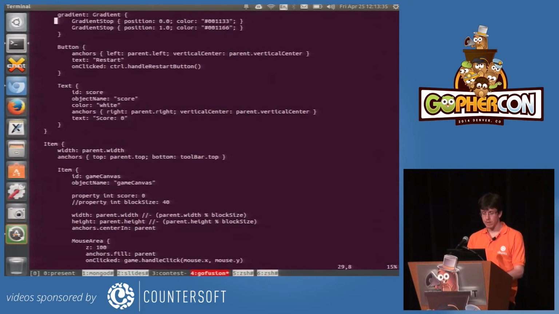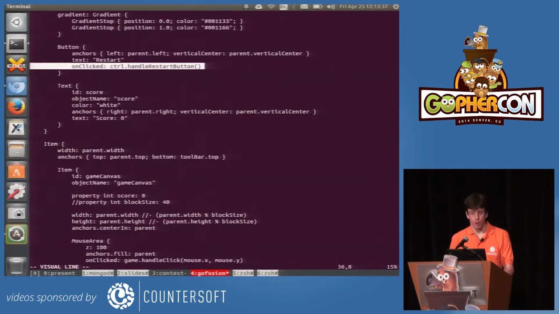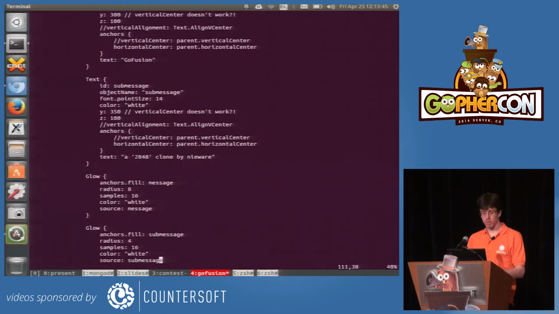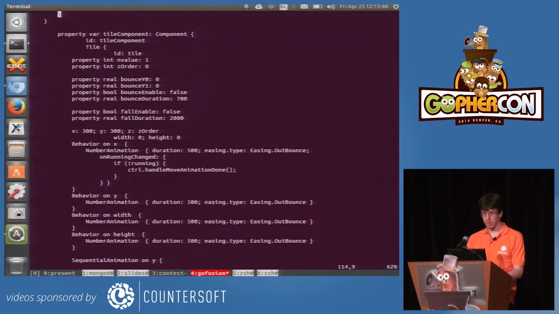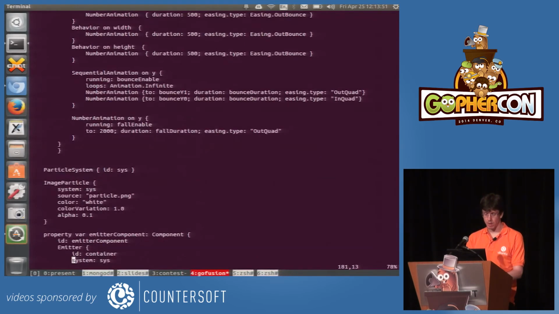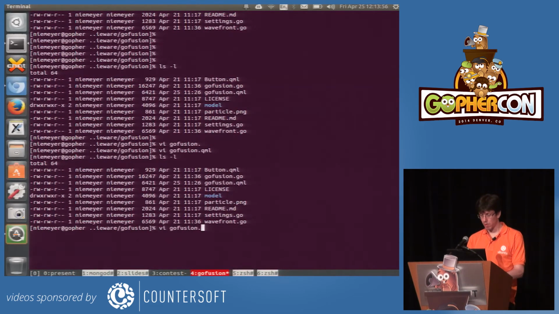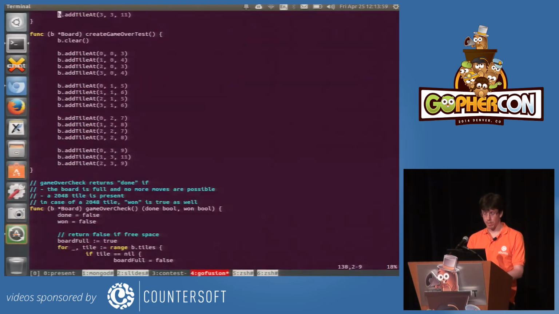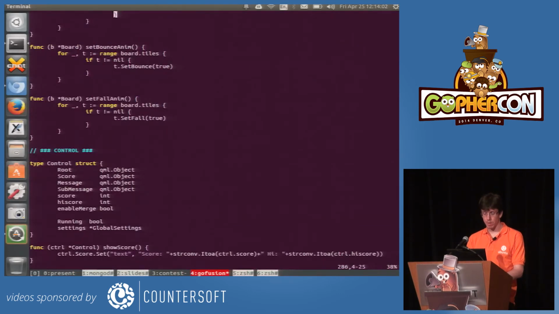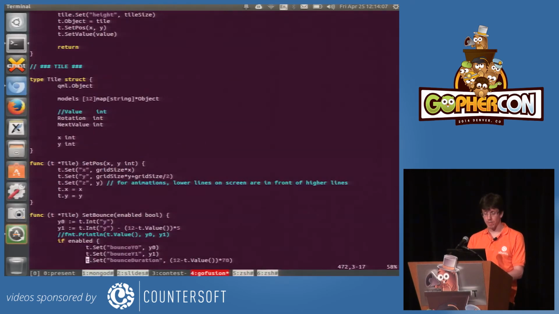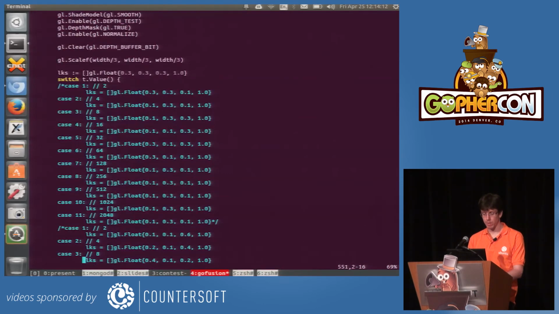And you can see in certain cases there are events being hooked up, and this is implemented in Go. So the whole application logic is written in Go. And you have a mouse area, and that's it, really. It's like 100 lines or so, maybe 200 lines of QML code just declaring things. And the actual logic is a normal Go file. You have some tiles being created, a control to do the basic game logic. You have a tile type as well, which has a paint method, which does OpenGL from Go.